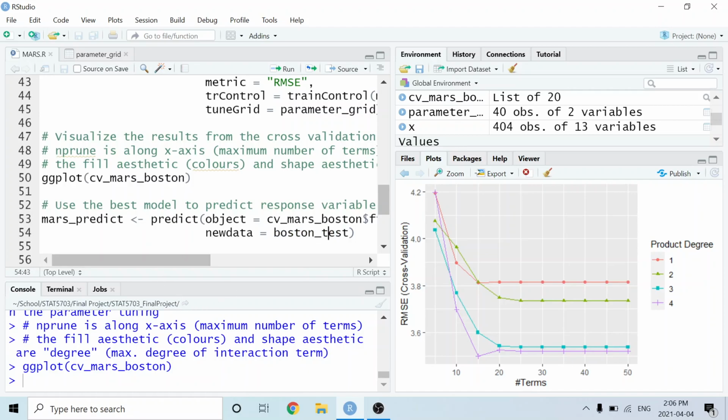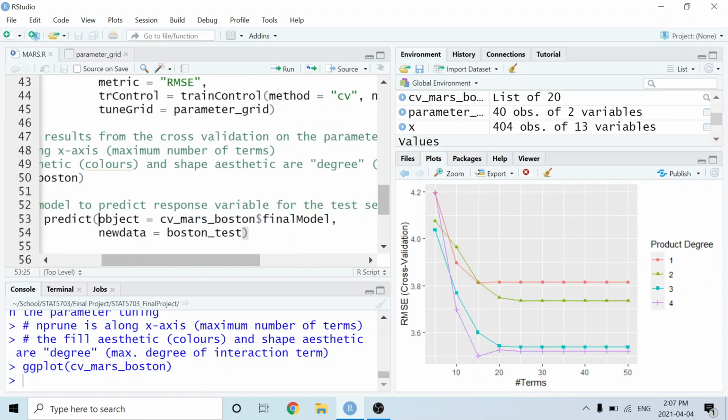To do that, we can just use the predict function. And the first argument is going to be similar to what we would use anytime that we use the predict function in R, which means that the first argument is the object argument. And that's where we specify what model we want to use. So here, we're saying that we want to use the optimal model, which was this one right here on the plot. The next argument that we specify is the data that we'd like to predict the response for. And that was the reserved test set that we created earlier.